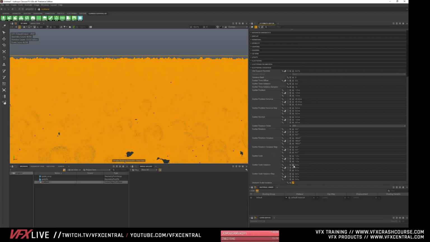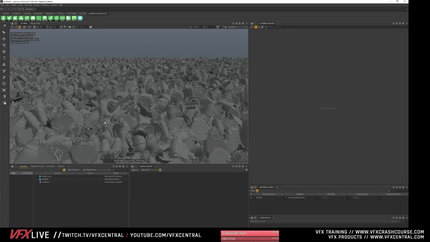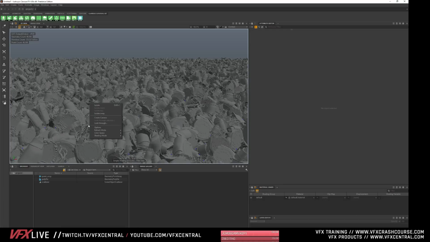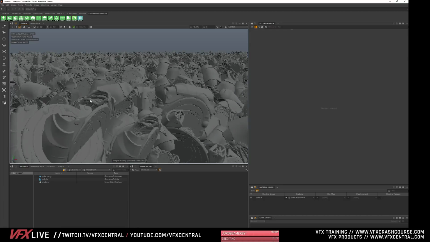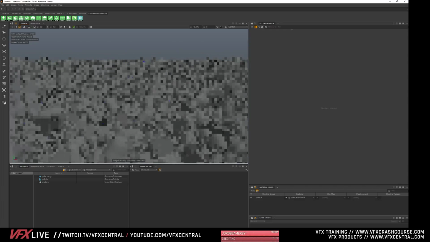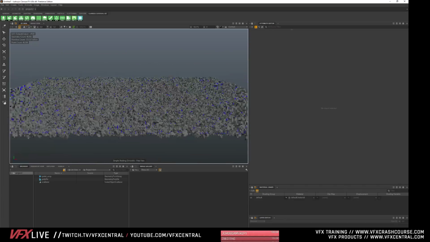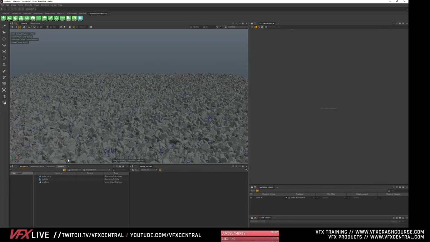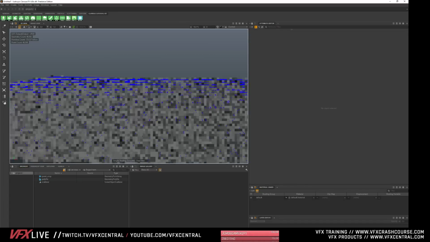Again, you can also scatter the scale variance. So we can just add a little bit of scale variance in here. So this would be really good for like, you know, mountains or rocks or anything like that. So now you're getting some of these smaller guys in here. And like there's a smaller one. But yeah, we zoom out and wow, that's a ton of high poly randomness in there. So yeah, again, 125 billion.